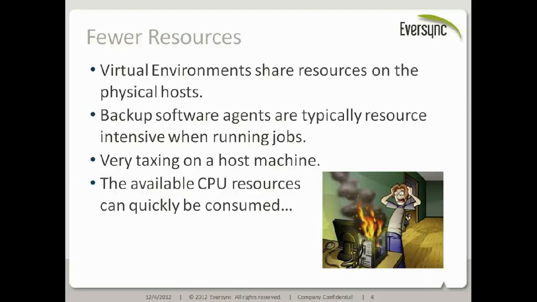So, of course, because resources are shared between virtual machines within one physical host, there can be an impact between the machines affecting each other.